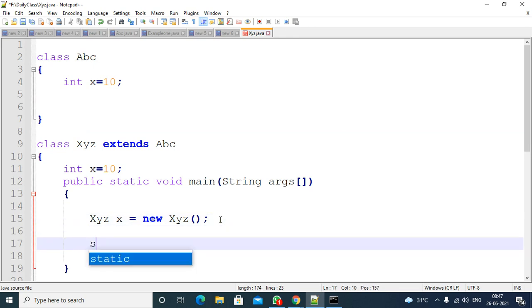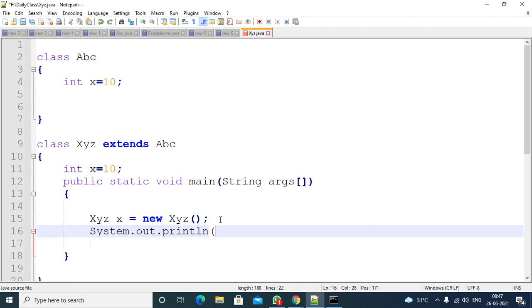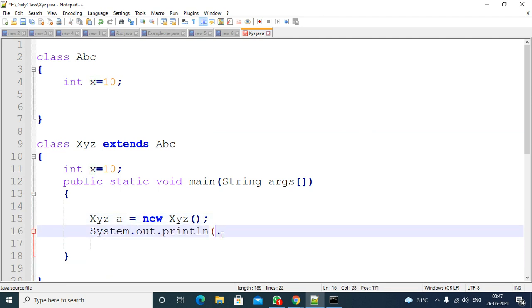So if I am trying to call System.out.println of a dot x, you can change the variable name if you feel difficulty. In this case, what is the output?